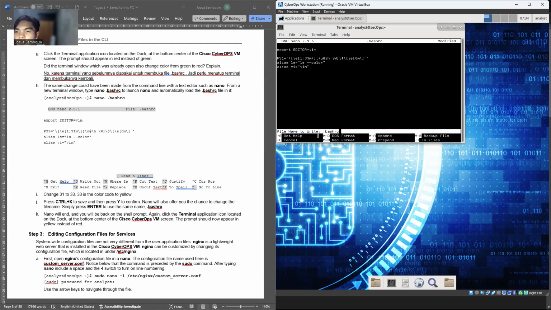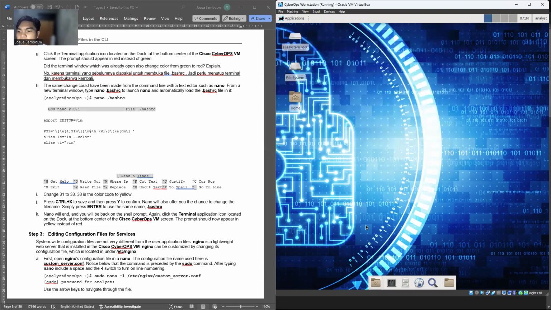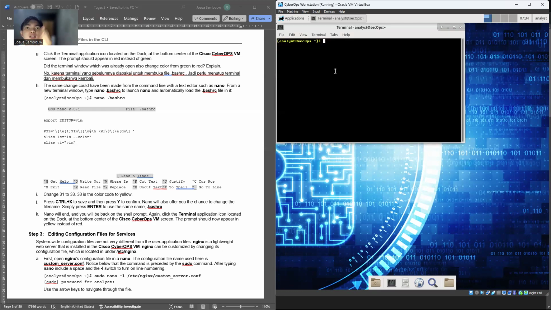Yes. File name to write still bashrc. Enter. It's still red. Now I'll try to X and open. Oh, it's changed to yellow. Wow, that's cool. Press Ctrl S to save the content.